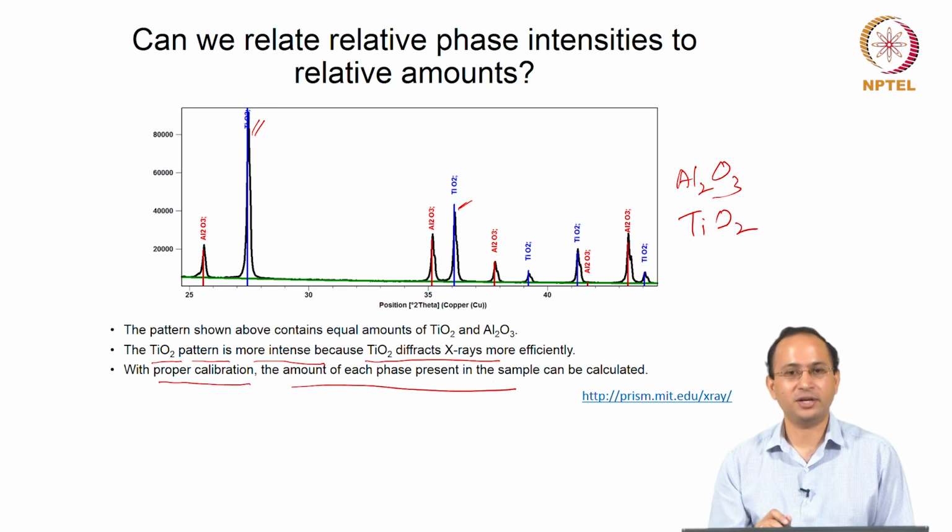When you want to do quantitative phase analysis, we will have to do some calibrations, we will talk about it. Now the question comes, we do not know how to do quantitative phase analysis, right. We know qualitative phase analysis. Qualitative phase analysis means you know what are the major peaks present in your sample. You can do that using any software, and that will be part of the assignment also, where you will be using HiScore Plus software to identify major phases in a given diffraction pattern.